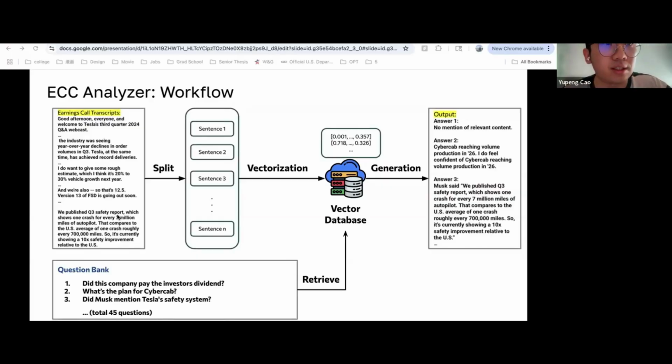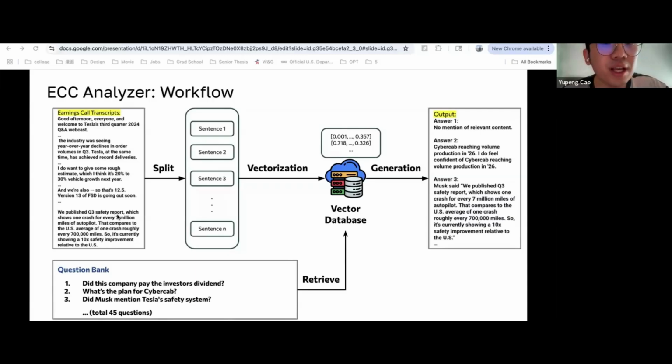When we want to extract specific insights, we use the question bank of 45 carefully crafted questions, like: did the company pay dividends, or what are the plans for the Cybercab? Then the ECC Analyzer will retrieve the relevant sentences and generate the final answers using the whole ECC Analyzer agent